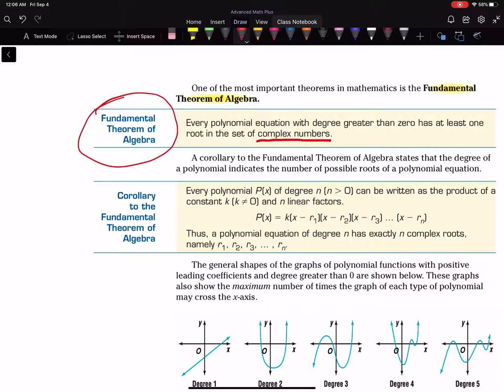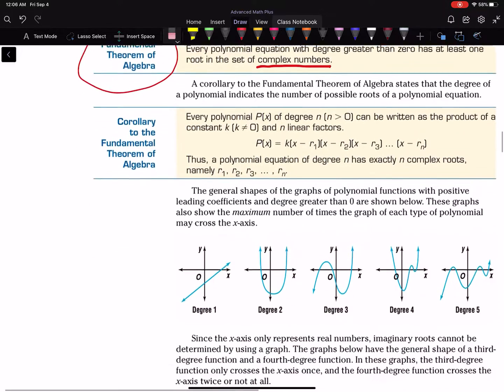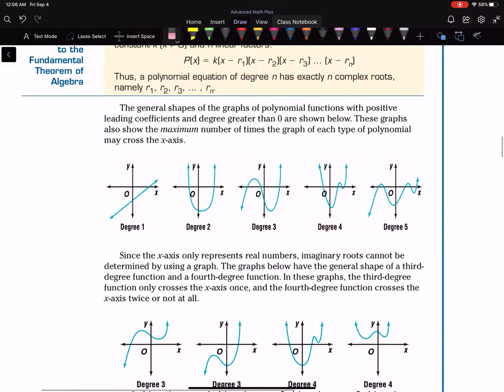So if your polynomial is third degree, if it's x to the third, you're going to have 3 answers in the complex number system. If it's to the 5th power, you'll have 5 answers. If the highest degree is 4 and it's to the fourth power, you'll have 4 answers. Now, some of them may be real, some of them may be imaginary, but you're going to have a total of whatever your degree is, okay? You can also, these are just examples here,